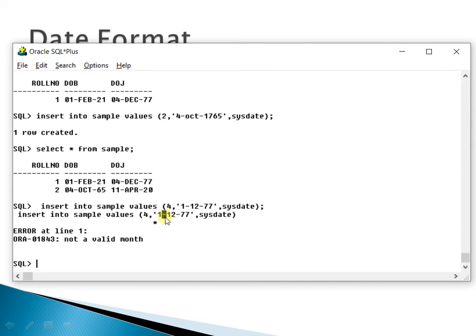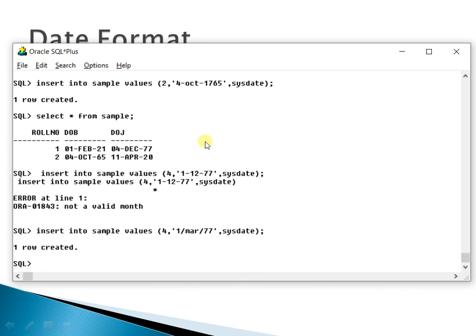However, you may use certain different symbols, which means that if you try to enter 4 comma 1 slash MAR slash 77, sysdate, it is allowed. So the dash is not compulsory. You can try different types of symbols.